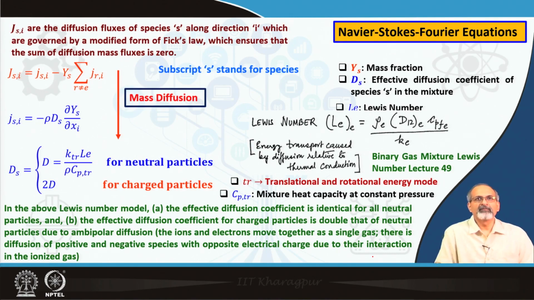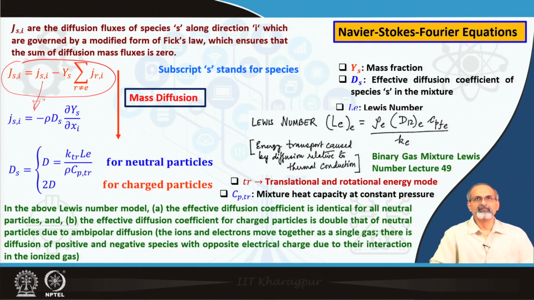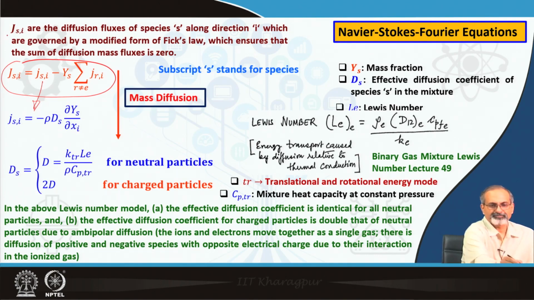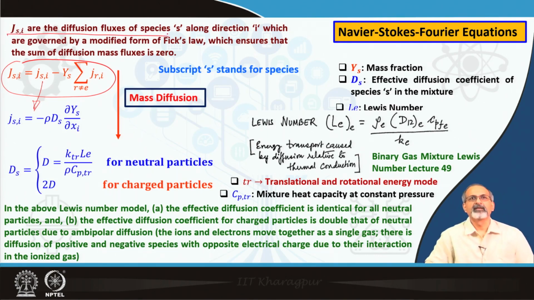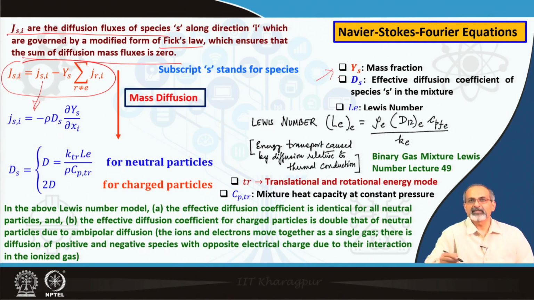In the mass diffusion, we have an equation looking like this, and the terms work out like this over here. The J s i are the diffusion flux of species s along direction i, which are governed by modified forms of Fick's law, which we have learnt earlier, which ensures that the sum of diffusion mass fluxes is 0, which is very important. And then the different terms which figure, the Y s is mass fraction, D s is the effective diffusion coefficient of species